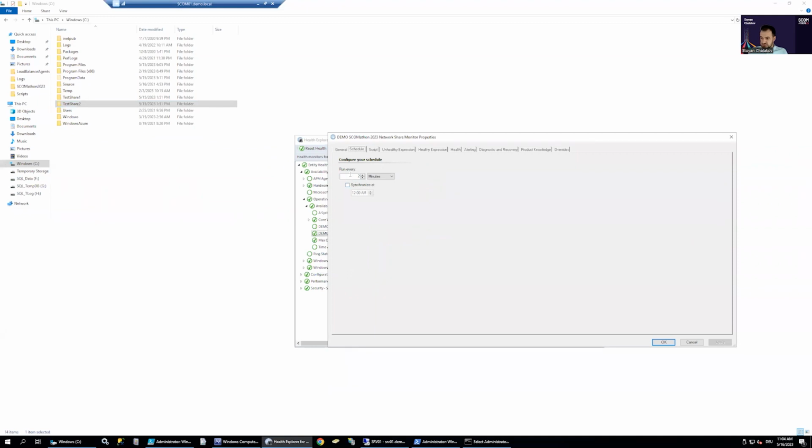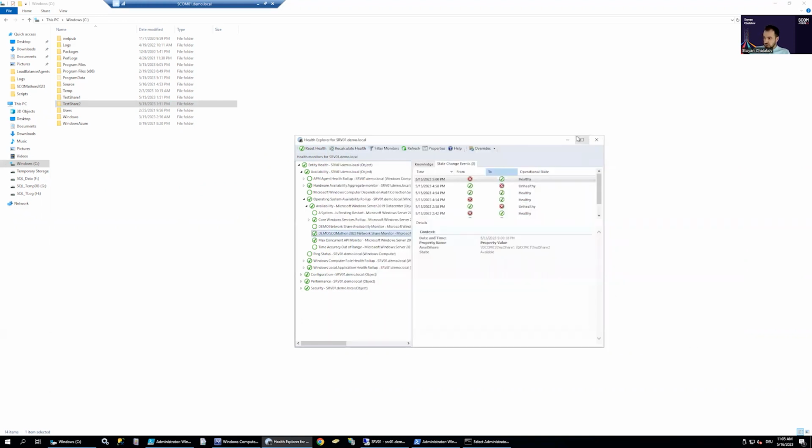So our schedule is every 2 minutes. So in maximum 2 minutes, we should get an alert for the share not being available. So this again is a perfect example of a very simple task which can be automated with SCOM, something you don't have a management pack for, and something which is easily and quickly done using PowerShell. So until we wait for this monitor to turn again